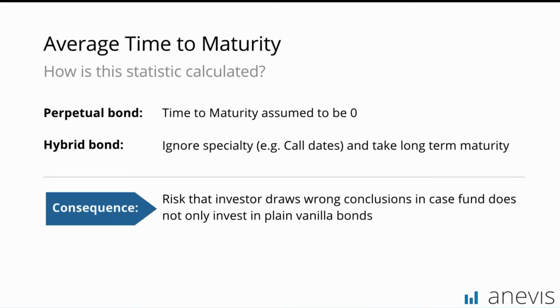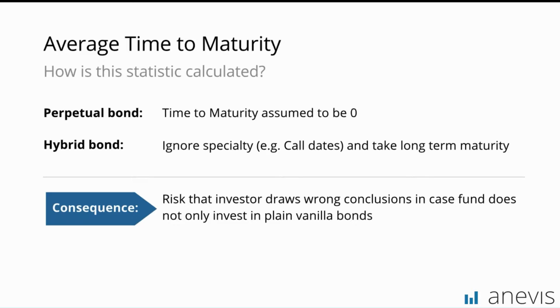And this is actually calculated in the time to maturity, which means that a perpetual bond, a bond which has no maturity, actually lowers the average time to maturity. So obviously this is something which is indeed wrong. And hybrid structures, for example, do not usually take the call dates into account. So Mark, as you said, especially when you have bonds which have a very high incentive to be redeemed, usually you should take the call date as the maturity, but in the standard reporting sphere, that's not the case, and the long-term maturity is taken into account, which on the other hand then of course raises the average time